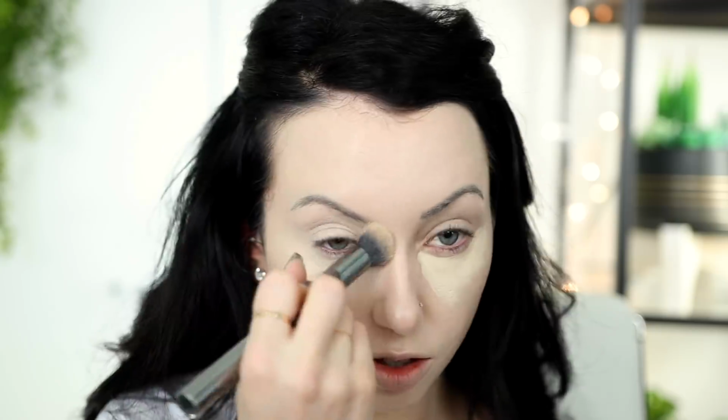This is the Morphe G38. I love it for under eye concealer, which is what I typically use it for. But you can also put on eye primer with this, or spot conceal. It's just the only brush I found that applies my under eye concealer well and doesn't take away the